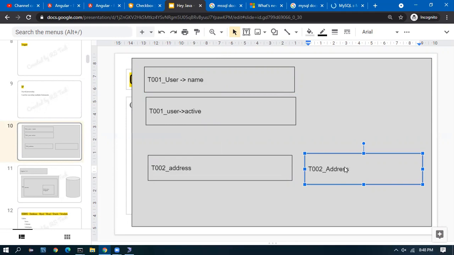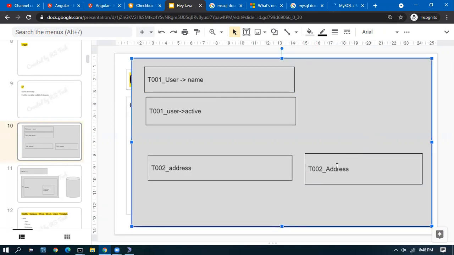This will be stored in T302 address. So a single web page where we capture the user information of username and active status, and we capture address 1, address 2. We can also capture multiple addresses here like address 1, address 2, address 3. So all these we need to store into a database. That would be our requirement.